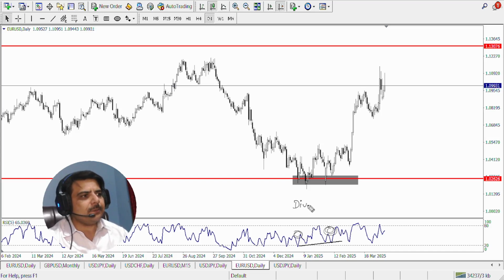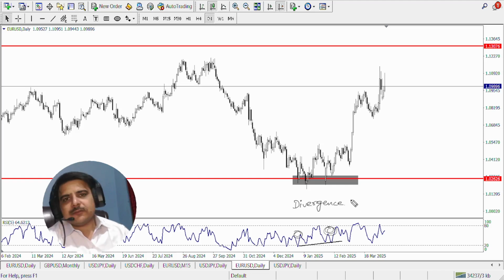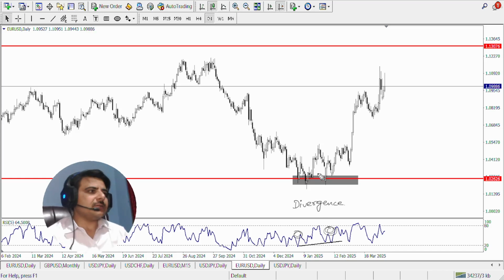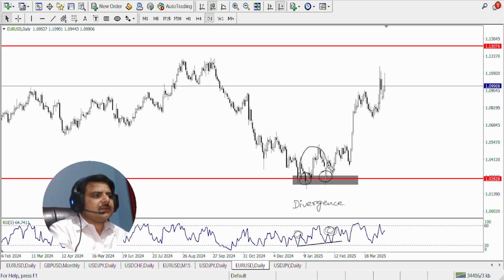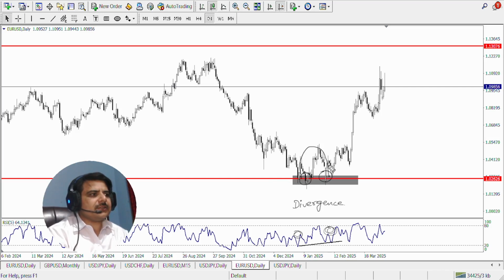Right now pay very close attention, because what I am discussing is for you to understand this particular strategy. So very simple, the market did nothing very strange, right? A very nice double bottom and a very nice divergence, and the market continued bullish. Right now let me break it down further.